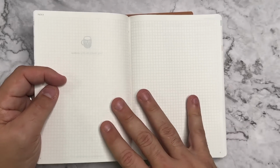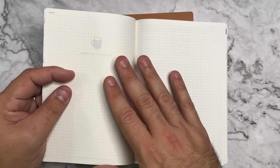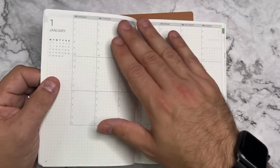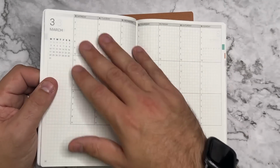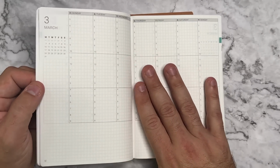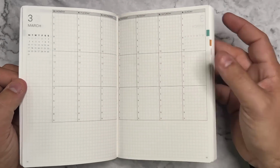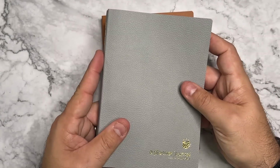Now, I wouldn't really call this a con of this notebook, but more it's just the fact that the Tomoe River paper is 52 GSM and you see everything through it. So if you are the type of person that doesn't like the ghosting or kind of seeing the other things on the pages, even with some of the pre-printed things inside of here, this may not be the right journal for you. But if that's not a problem, but you really love and appreciate the paper itself, similar to what we talked about in the previous ones, then you're not going to have a problem